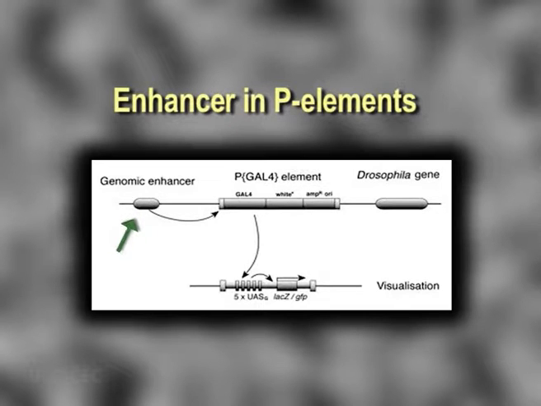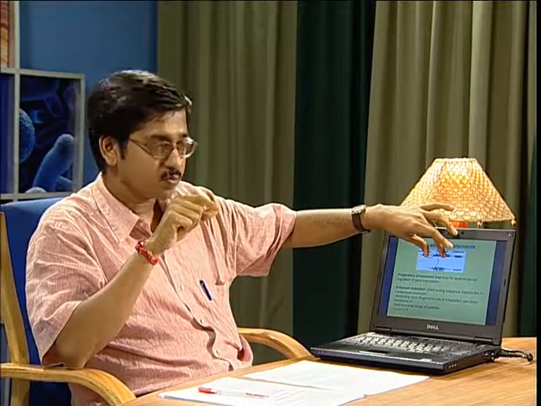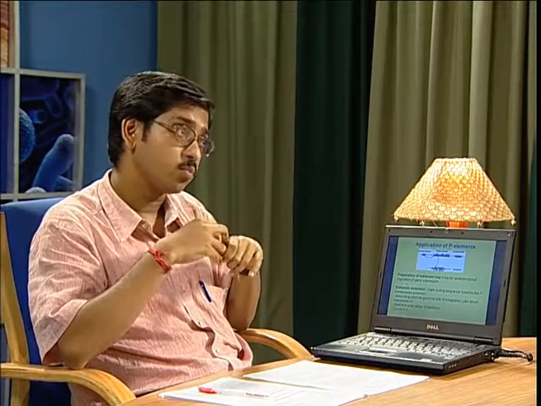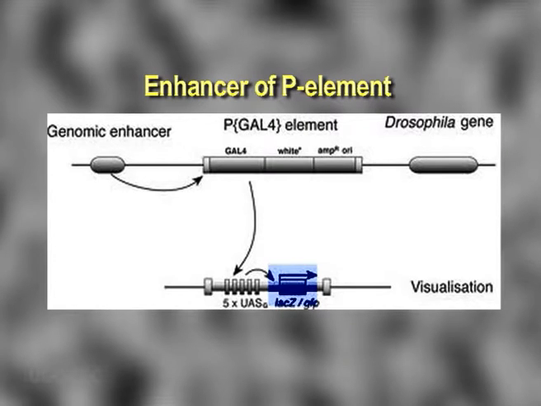As you can see in this figure, first there is a genomic enhancer. The P element sits behind the genomic enhancer. Now the people have used some reporter genes which are tagged to the P element. So whenever this P element is expressed by the presence of the enhancer, we will see the expression of the reporter gene. One of the very important uses of such a reporter is the LacZ system, or even a GFP molecule. Under the fluorescence microscope it will look green, and it will also indicate that the gene after this is getting expressed. Hence, by using enhancer trap lines, we can